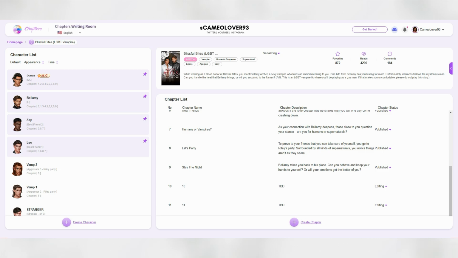So first things first, what exactly does the link function do? Basically, it keeps your story seamlessly moving forward. So when a reader finishes chapter 1, they're immediately prompted to go into chapter 2 and so on and so